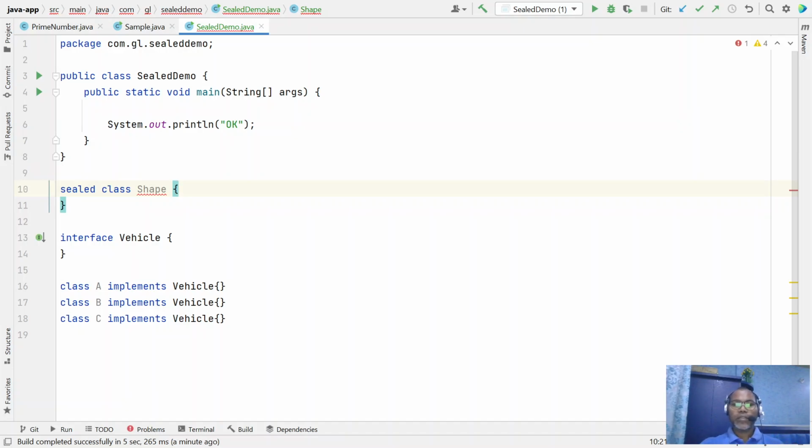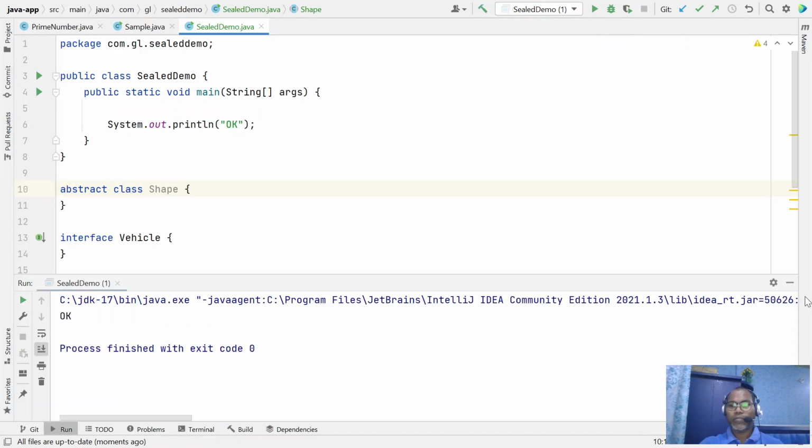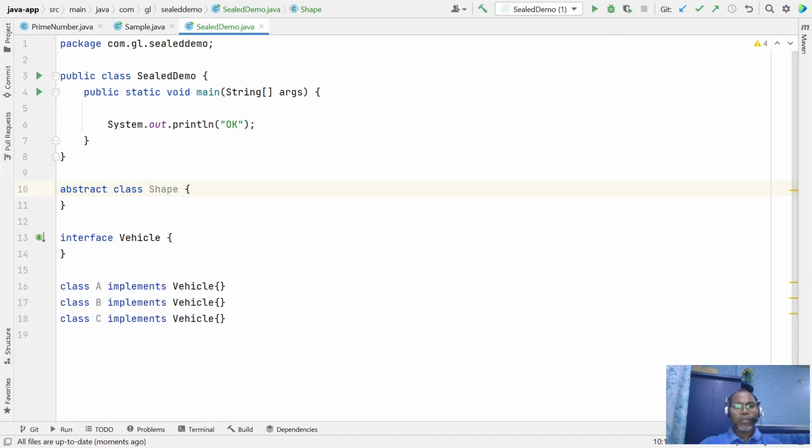That makes sense. If you remove it, your compiler is happy, but what is the use of Shape if there is no implementation?